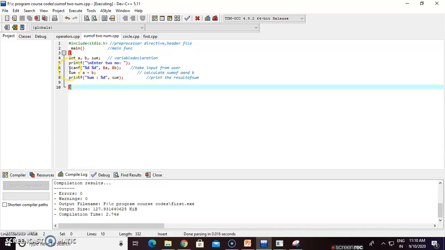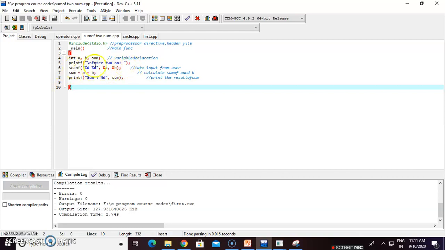So what we write is scanf, then open the double quote, then the data type, which is integer, so we write %d, then %d, and close the double quote. Keep in mind, that is very important.